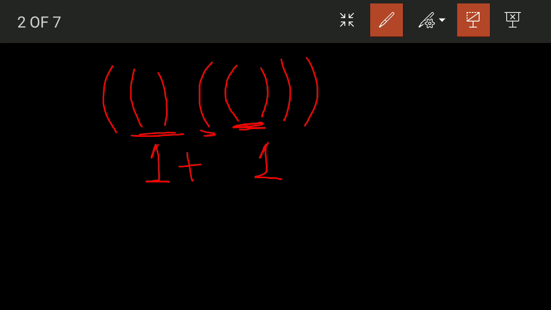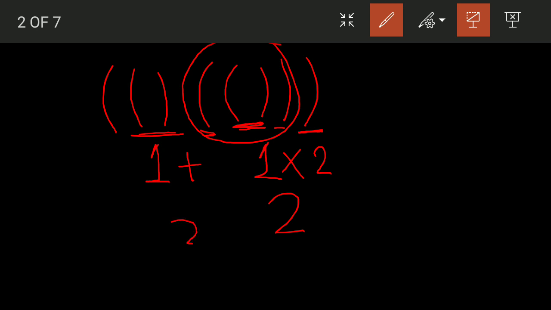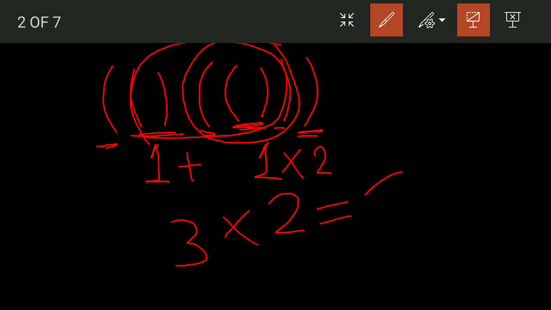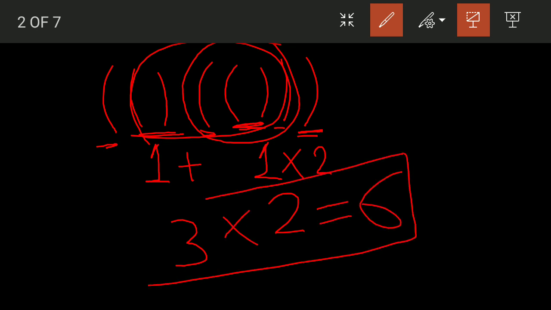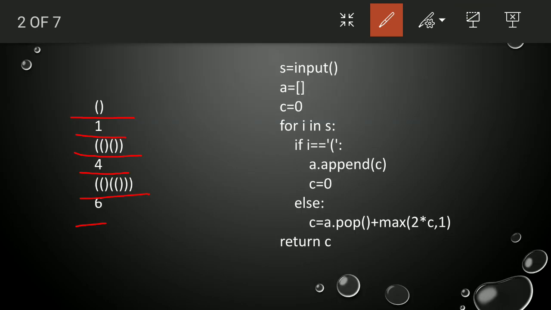Now this one is inside this one, so this whole will be multiplied with 2, so 1 into 2 is equal to 2. So 2 plus 1 is 3, and this whole is inside this bracket, so it is multiplied with 2. So 3 into 2, which is equal to 6. So our output is 6.